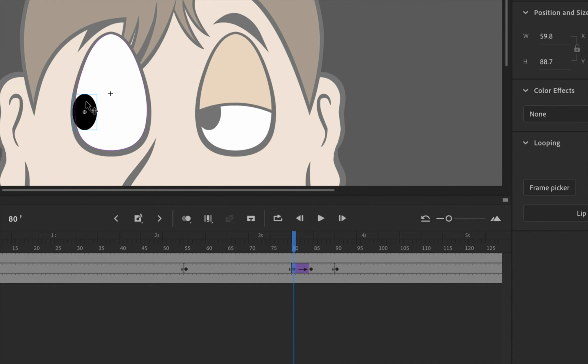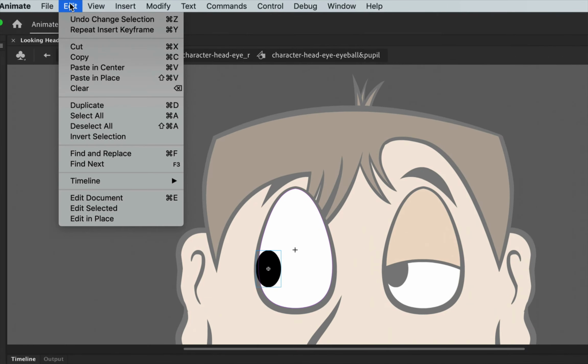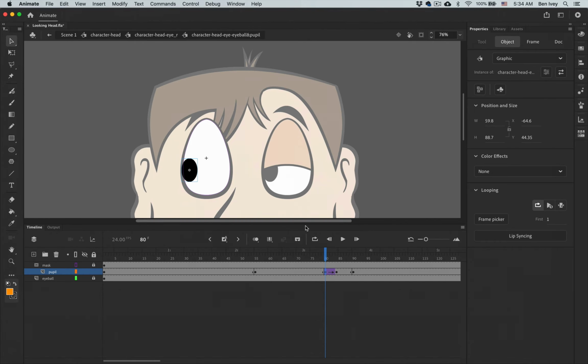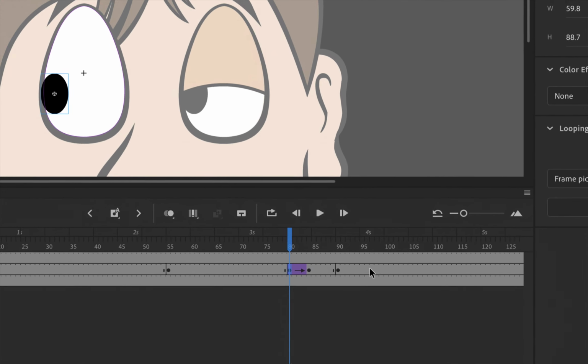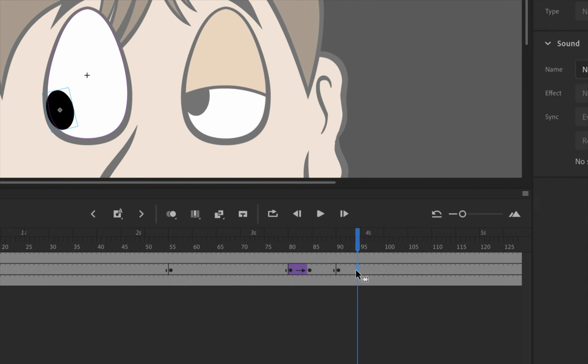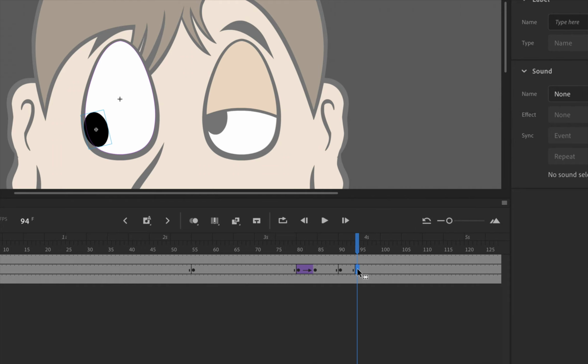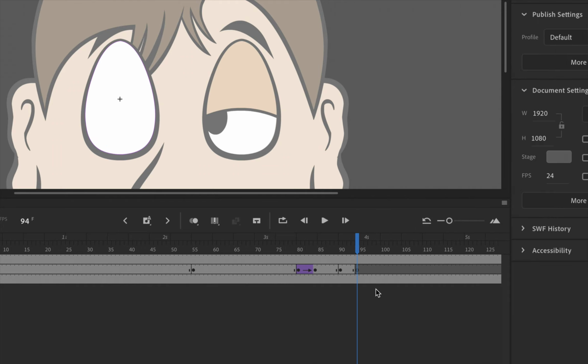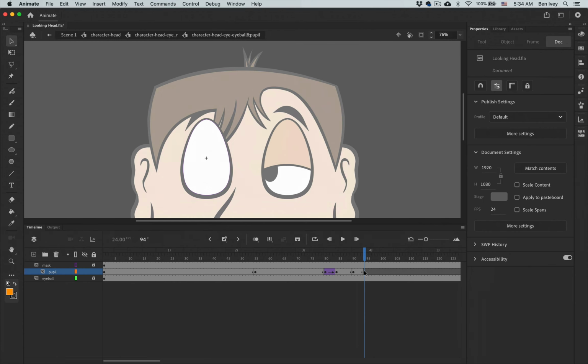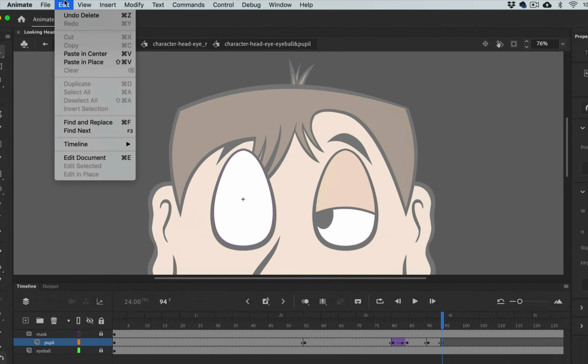So with the pupil selected, go up to Edit and Copy. Then let's jump back in and we're going to insert a new keyframe. Let's say right about here, frame number 94. Insert a new keyframe. And we'll delete away this one, hitting the delete key, go up to Edit, and let's